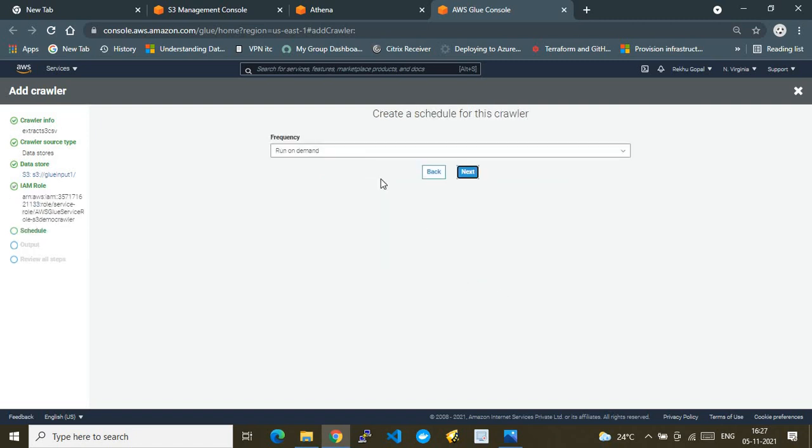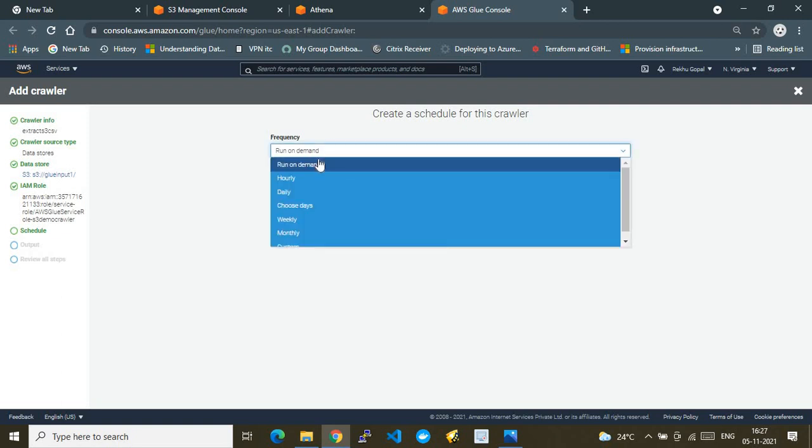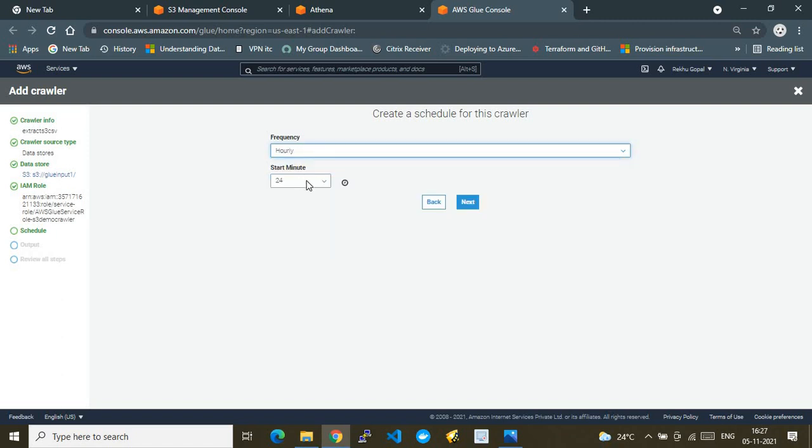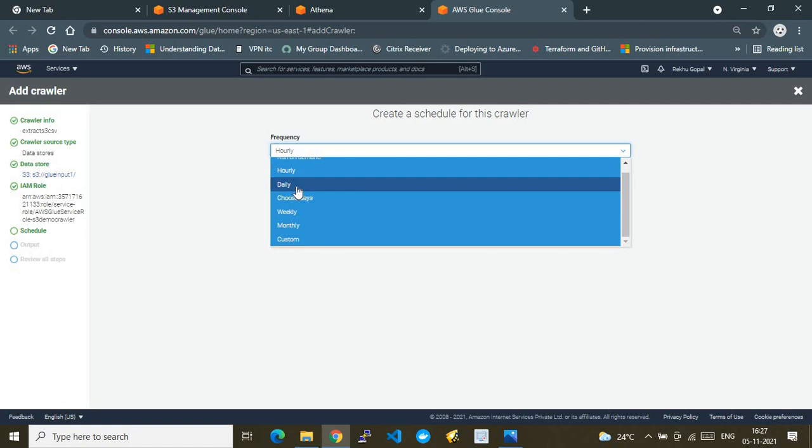And finally, frequency, which is kind of a schedule, on how often the crawler has to go and pull the data from the S3 bucket. Here let me use on demand because this is just a demo. But in production use cases, you probably need to choose other scheduling options, for example hourly, where you give at what hour per day to run, similarly daily, weekly, monthly, custom.